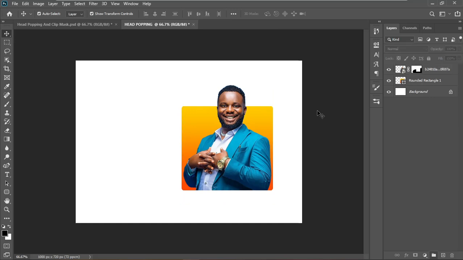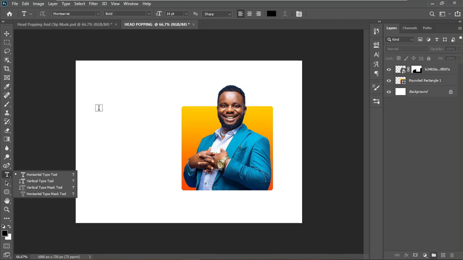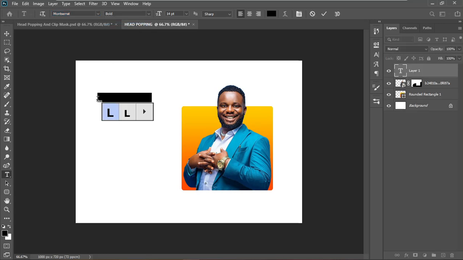Right now it's left with our text. We are coming to add text. You know that one already. T. Okay, the font we are using is Montserrat. I've sent it to you. Montserrat, and the style is bold. Okay, make sure it's Montserrat, and then you choose bold, and type. What are we typing? Invest in yourself,